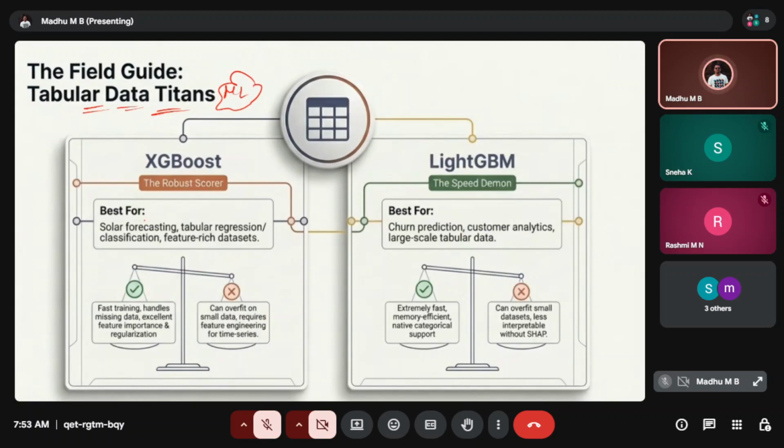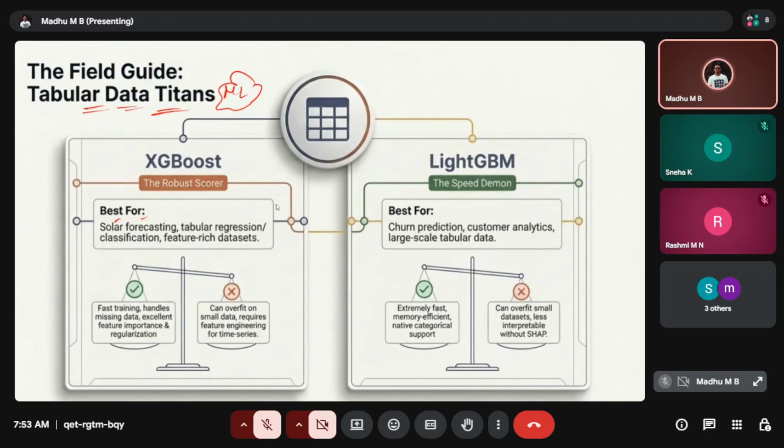If you see here, in solar forecasting we are trying to analyze the irradiance over a certain period of time, how the irradiance behaves in a specific area, and we are taking the data and putting it in a tabular format.